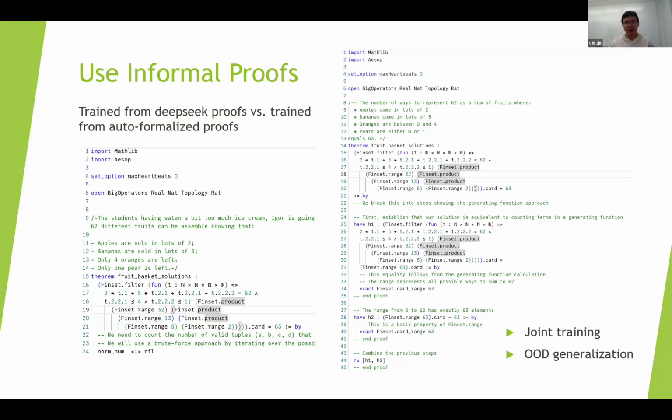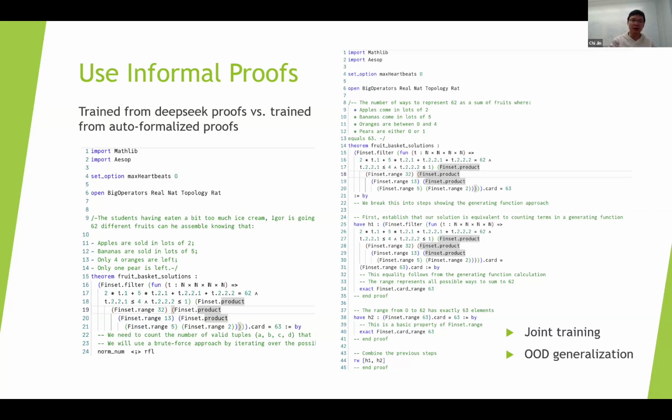And I think the very interesting question is we want to put them together and jointly train a system which is able to generate both styles and solve both kinds of problems. Unfortunately, so far, it seems like the joint training is still not working very well. And this is something we're investigating a lot and is very interesting to do.